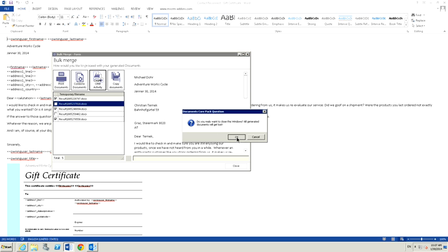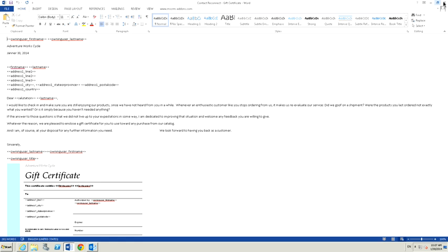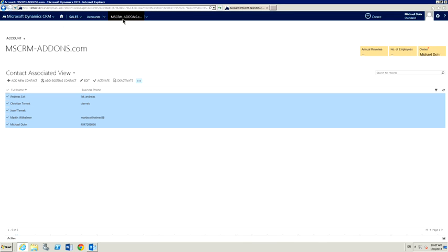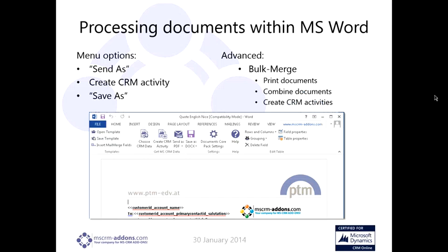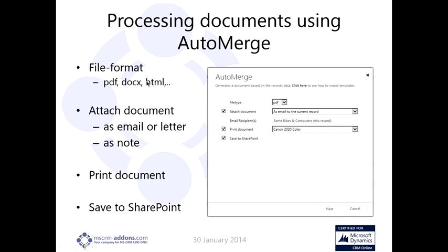Now, let's go ahead and close this. And we'll close this up, and let me go back to the main account. So now what we're going to go into, since we've covered DocumentsCorePack, let's cover a little bit about what we can do with AutoMerge. One of the things with AutoMerge is that what we found is that some people want some of that DocumentsCorePack functionality in AutoMerge, and in order to get that, what they had to do